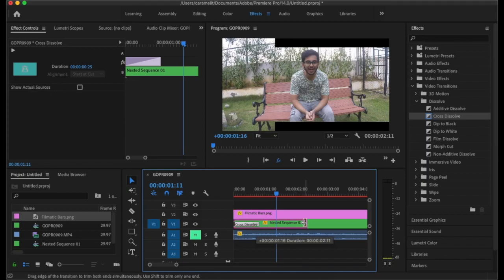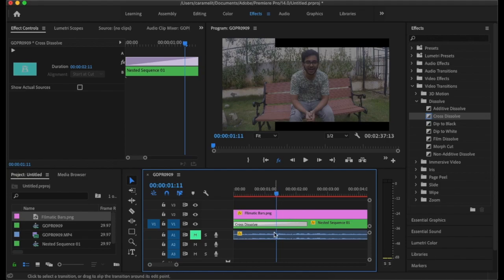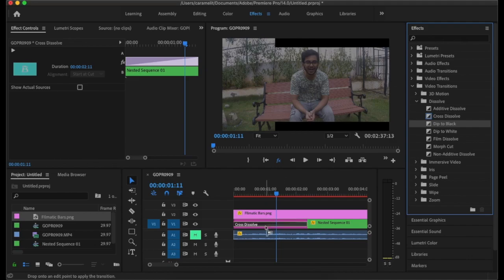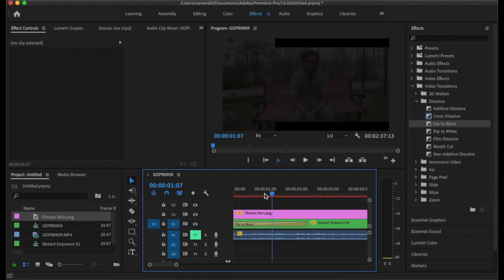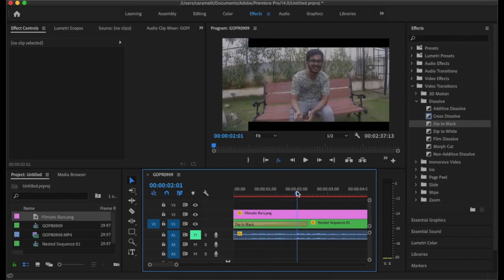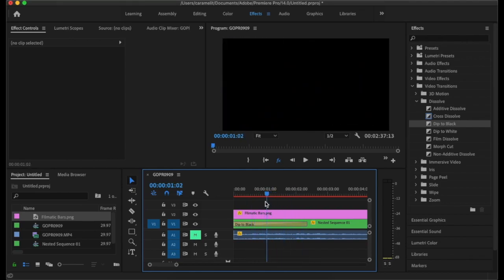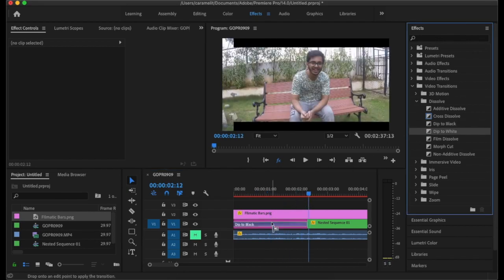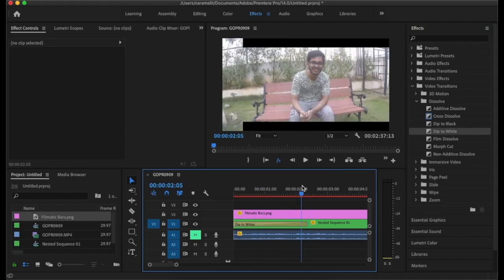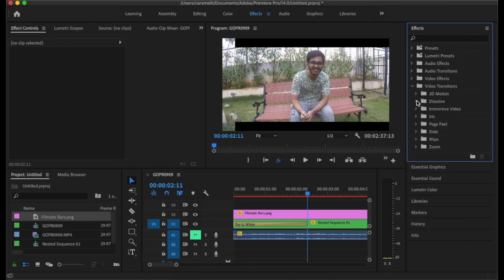You can increase the timing, and in case you don't want cross dissolve and you want something else, drag it and just drop it on the same clip which you have added before, and it's going to change to that one. So this is dip to black, which means it's going to get black, same like cross dissolve, but not very opaque, but fully black. Now dip to white, we can do the same thing, drag and drop onto the dip to black, and it's going to change. So yep, this is how you use video transitions. And I'll cover one more topic, which is